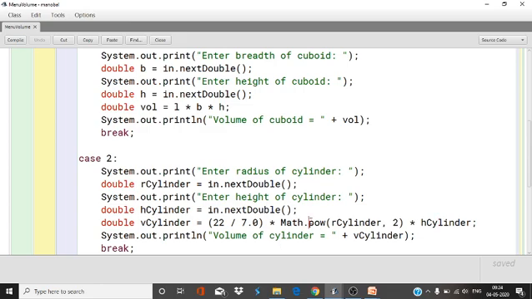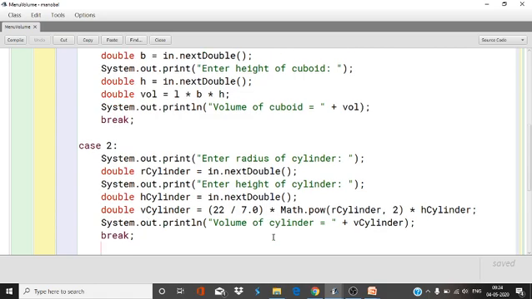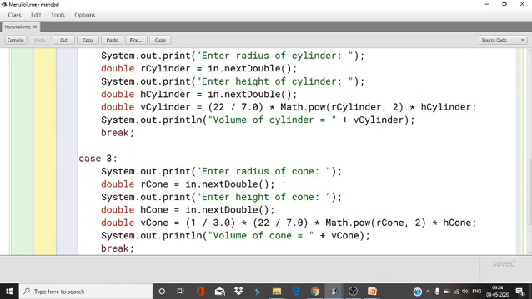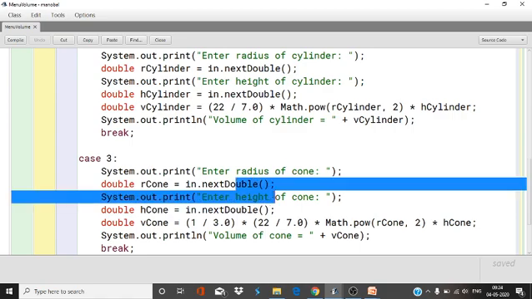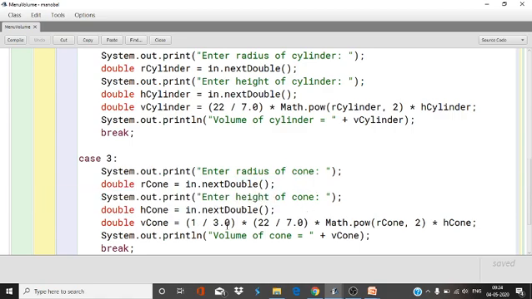For r square we use the Math pow function, r square into h. Now volume of cylinder is ready. Like that only, radius of cone, height of cone, and 1 by 3 into pi r square h, that is 1 by 3 into 22 by 7 into r square into h. Now the volume of cone is ready.